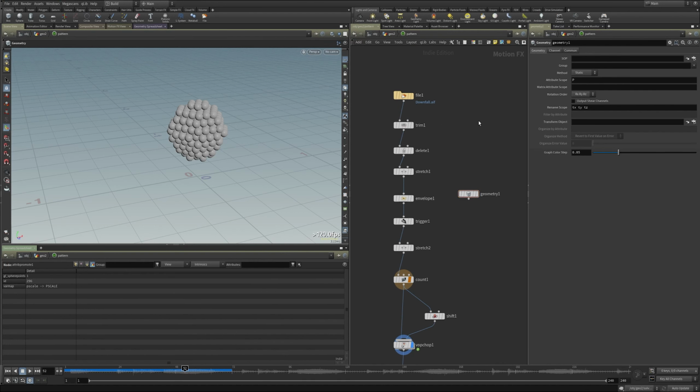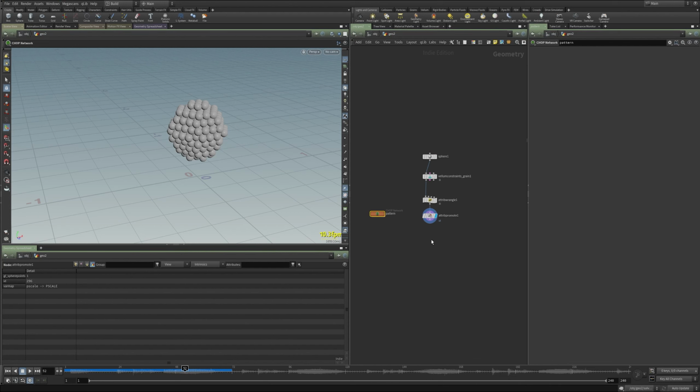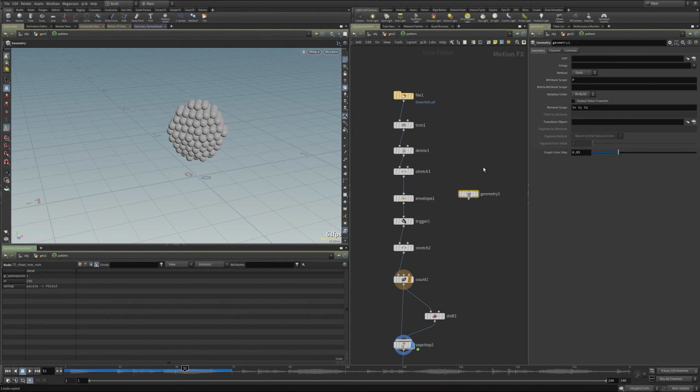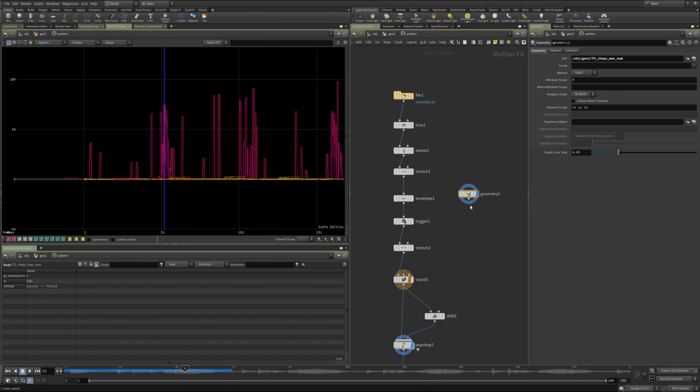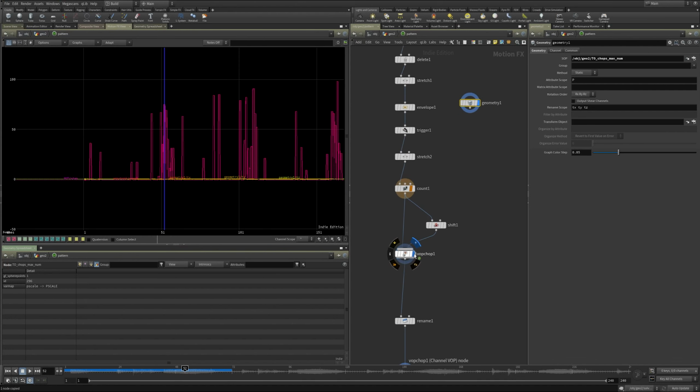Pull in this geometry. Let me give myself a null. This is going to be, let me go to capital letter, 2 chops max num. All right, I'm just going to copy that, and in this geometry I'm going to point to it, and that is going to be static.